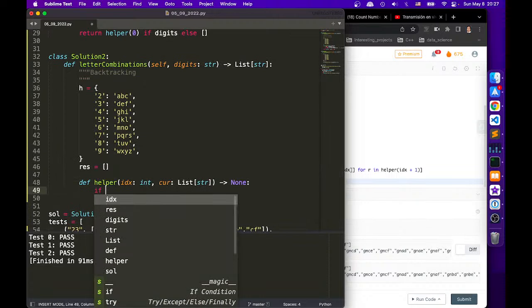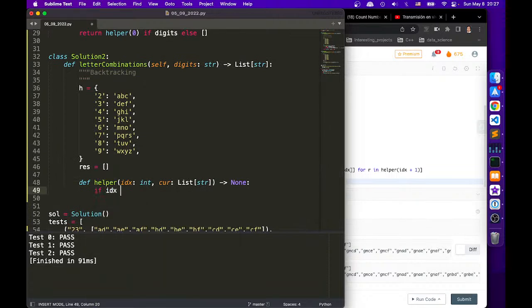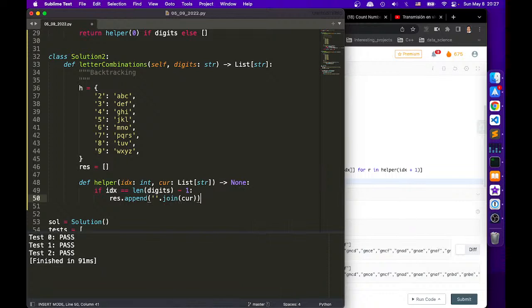I'm going to say if index is equal to len digits minus 1, and then what we're going to do is the current, right? And we just say rest.append this dot join current, else,